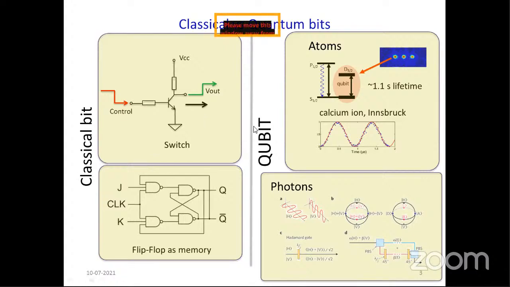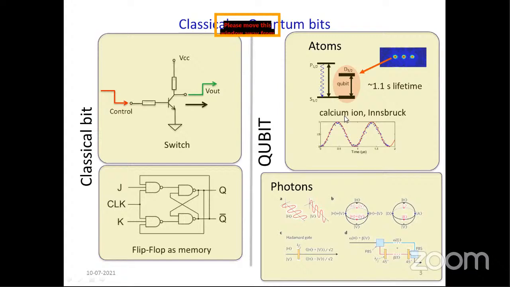Now, what are quantum bits as opposed to this? Again, now we are talking not about a macroscopic system like a transistor, which is processing your voltage levels, but about minuscule systems like atoms or photons or electron spins or currents flowing in superconducting circuits, etc., which all obey the laws of quantum mechanics.